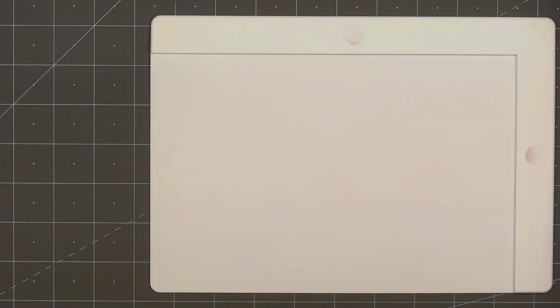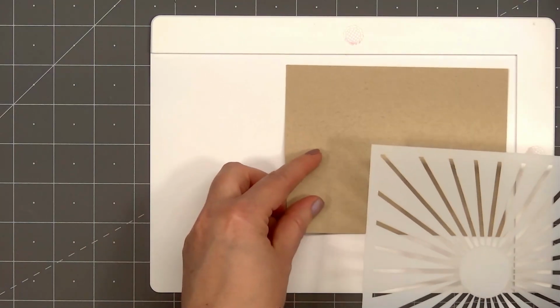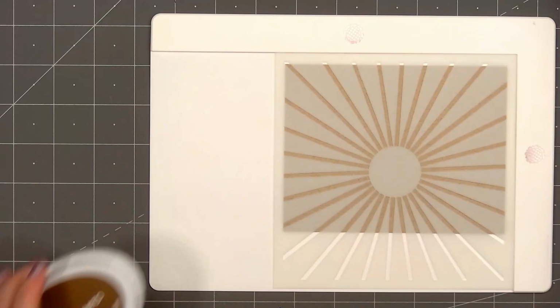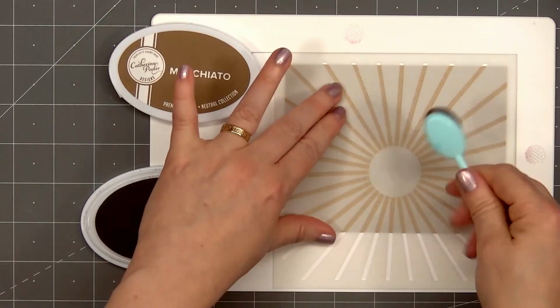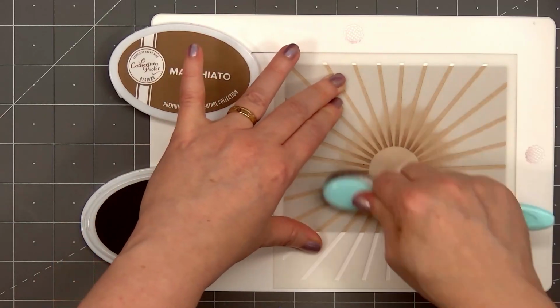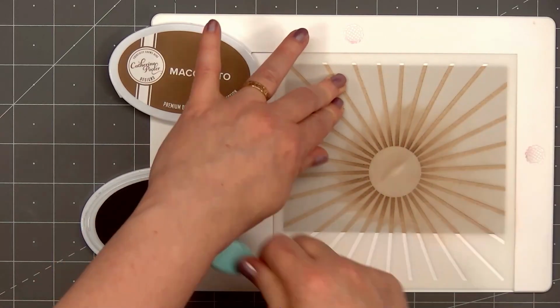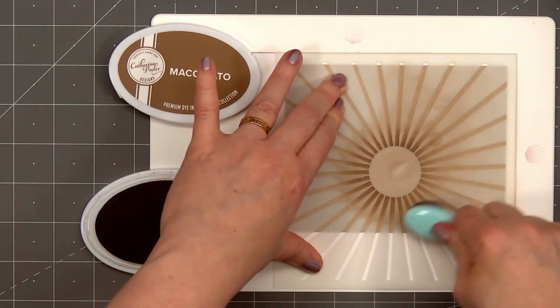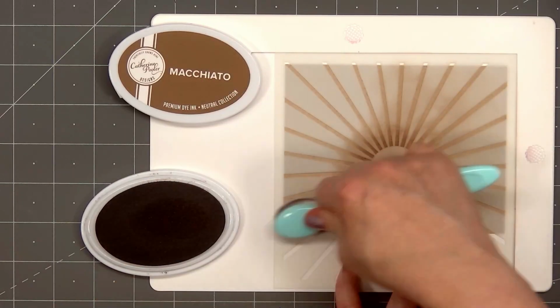I'll start off with a piece of craft cardstock. I'm using Waffle Flower's mini Stencil Mat. I'll line up the stencil so more of the circle areas toward the bottom of the card. The ink color I'm using is Catherine Pooler's Macchiato. I'll add more ink around the circle of the starburst and get lighter as I work my way out on